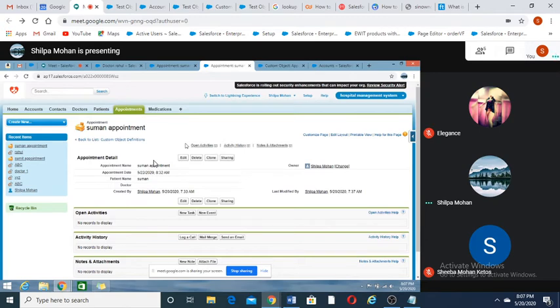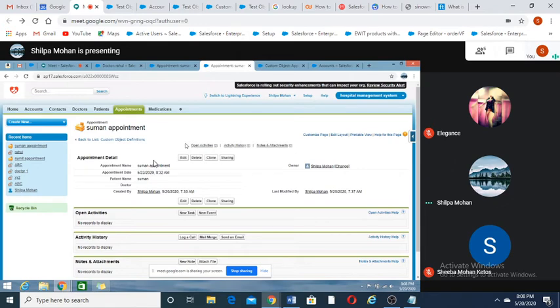Now previously, doctor and Suman appointment were interrelated, because Suman was going to take appointment with Dr. Rahul. But when Dr. Rahul is not present, then Suman appointment should not be present. When Dr. Rahul is deleted, Suman's appointment should be deleted. But this is lookup relationship. When you try to delete Dr. Rahul, Suman's appointment will not be deleted, because these both are connected through lookup relationship. If you want to delete appointment when Rahul is deleted, then you have to create a master detail relationship.